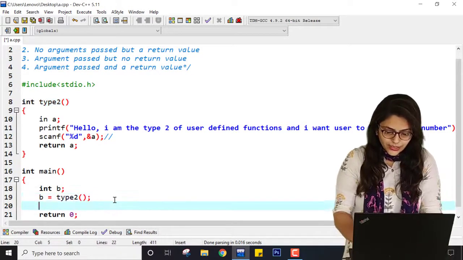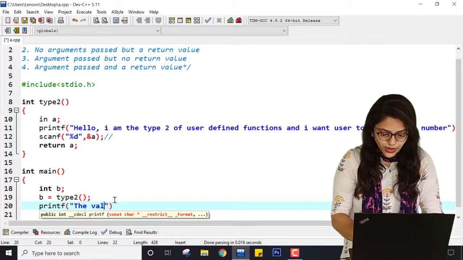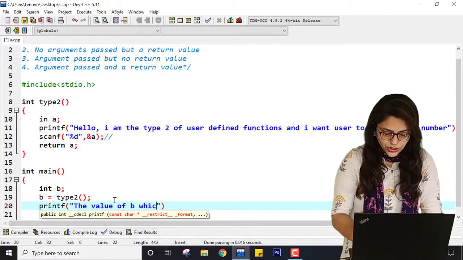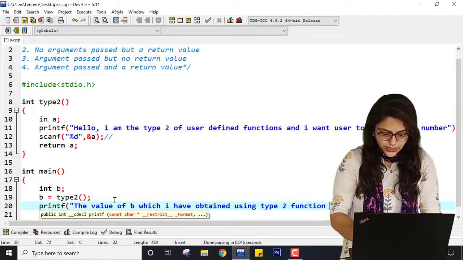Now I am printing this value, so I am doing printf the value of b which I have obtained using type 2 function is %d, and here it will be b.